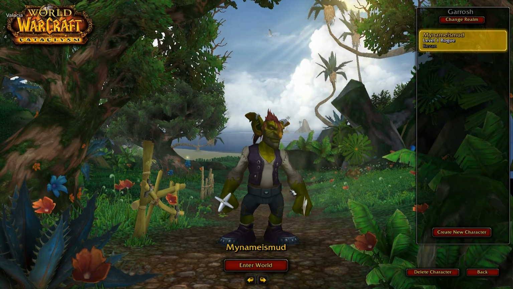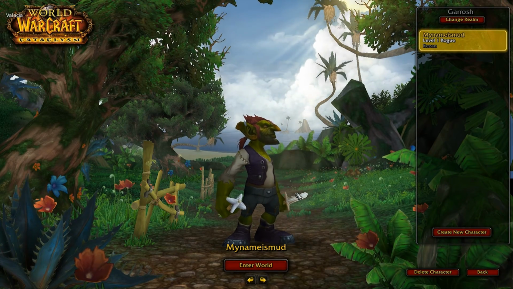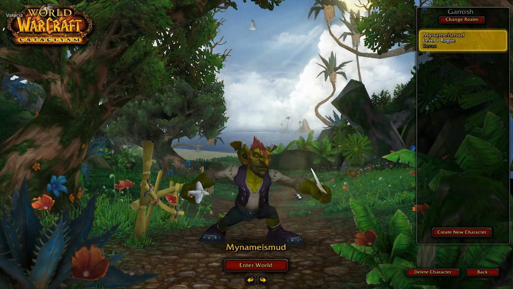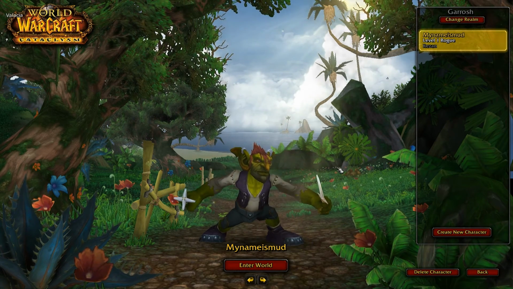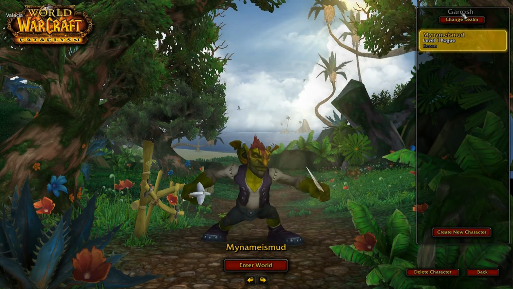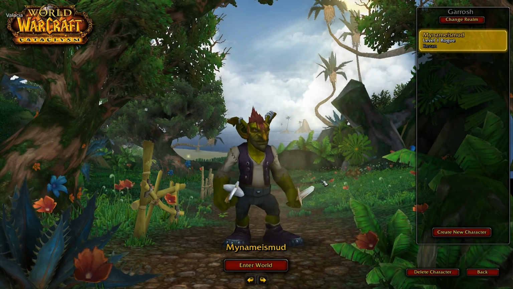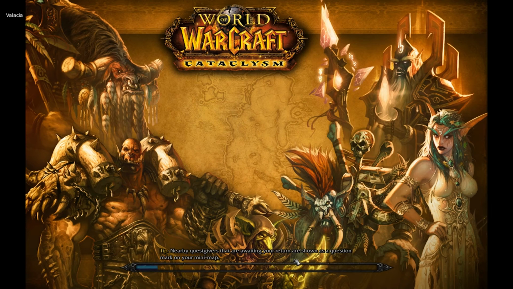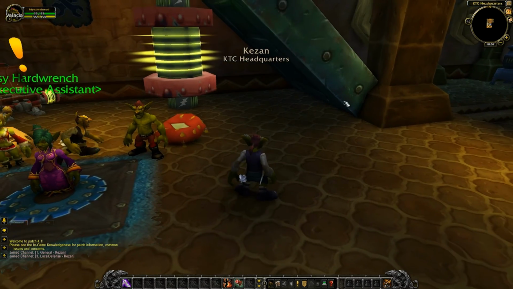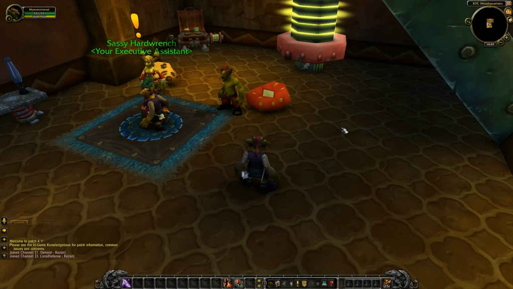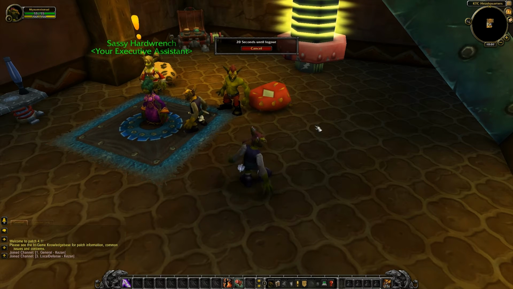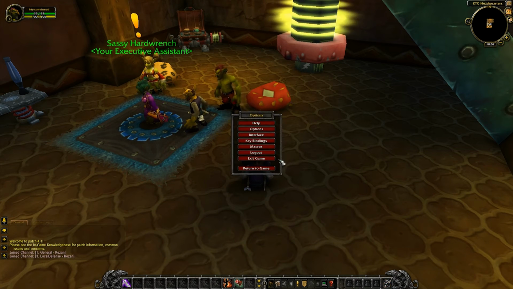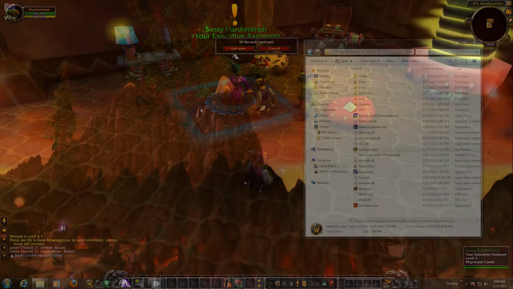Alright, I have logged into the new installation here, and I've already gone through, watched the cinematic, set up the video and audio and whatnot, and I've logged over to my brand new character on the Garrosh realm here. His name is Mud. Here we're going to go and log in. I'm just going to show you that everything is the default standard UI. See, look, nice and pretty. Yuck. Alright, going to go ahead and log out